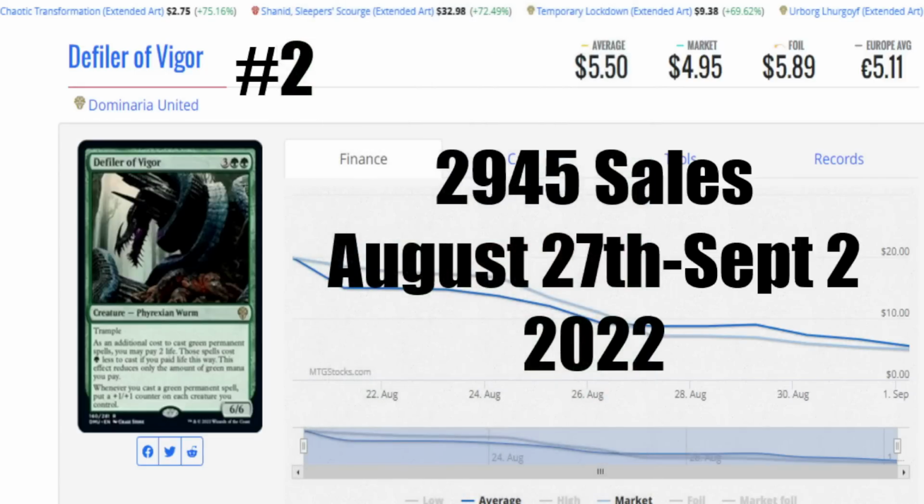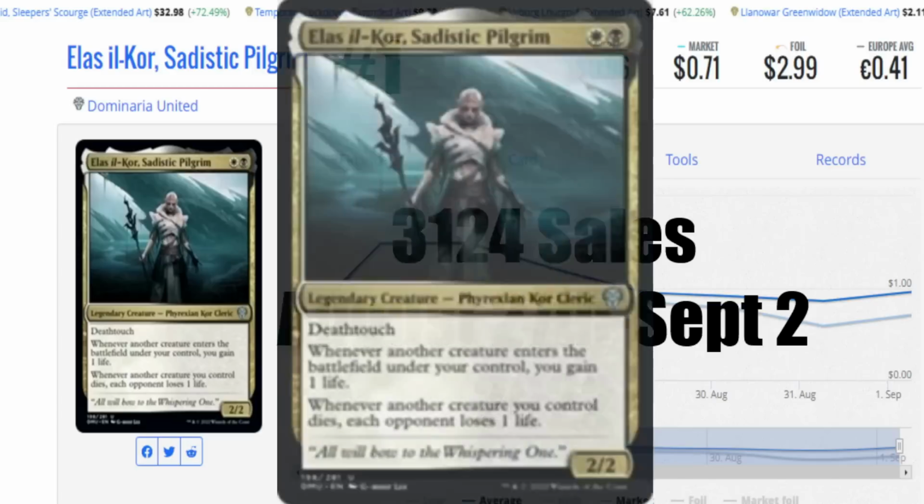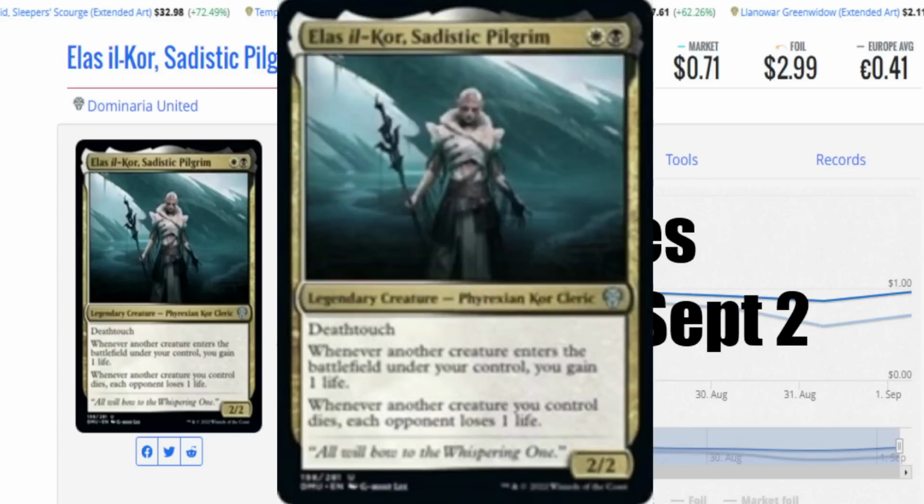Let's get to the number 1 card. Not that Defiler of Vigor was a bad card or anything. Let's get to the number 1 selling card this week. The number 1 selling card is Elias the Sadistic Pilgrim. I've already talked to you guys about this card. This was a card to watch last week or the week before. 3,124 sales. When you look at this card and you realize it's going to be great for people playing cleric